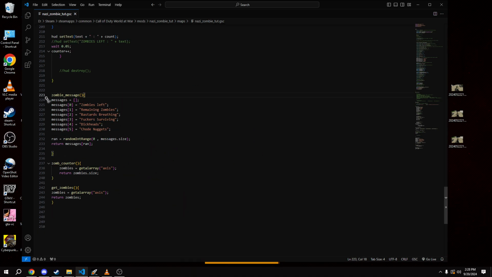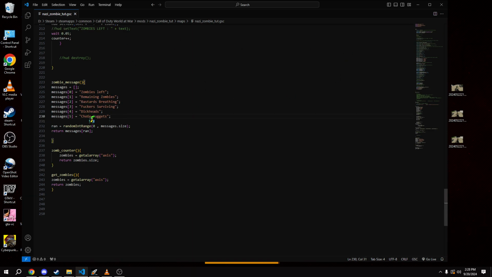So inside zombie message, we have ourselves some variables, which in this case is an array. So it's one variable that has multiple different values in different positions in the variable. So that's probably the easiest way to explain that. What we've got going on here is basically a bunch of different strings that say how many zombies are remaining in different ways. We've got this variable random, which then takes a random